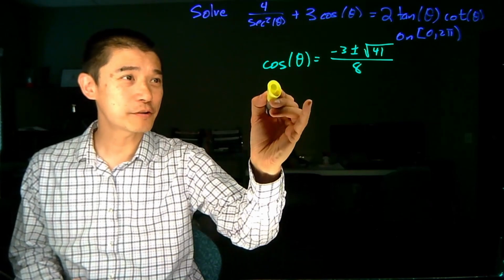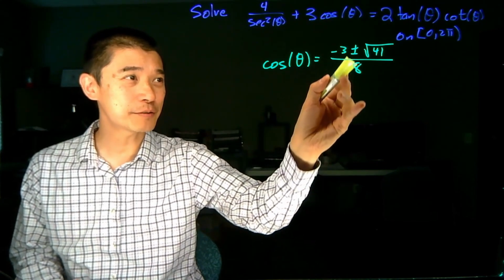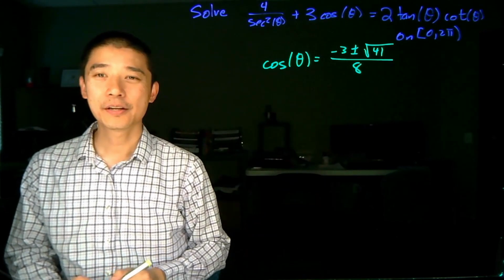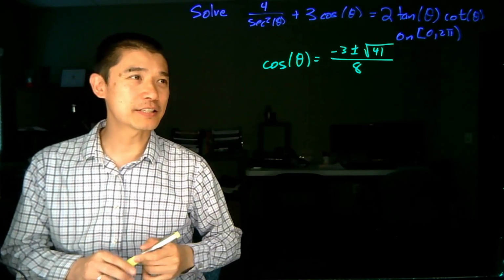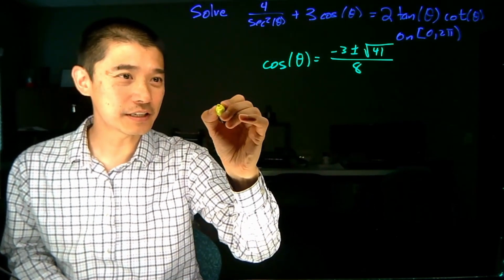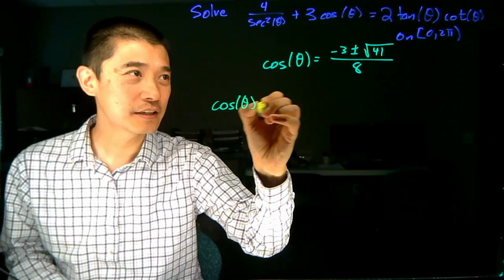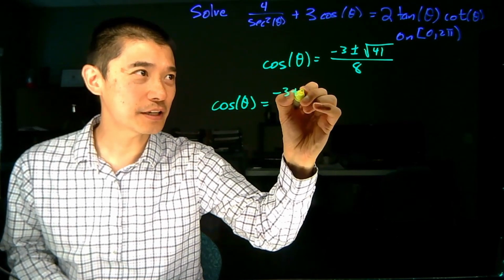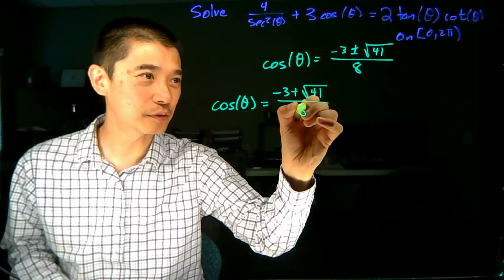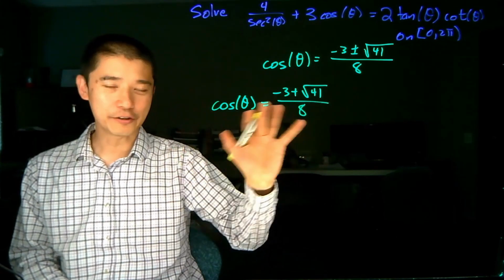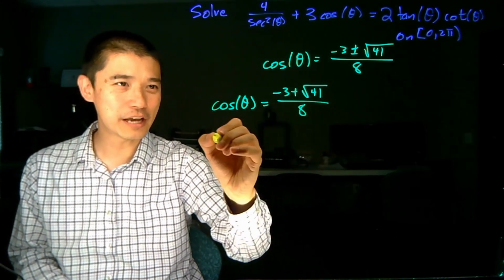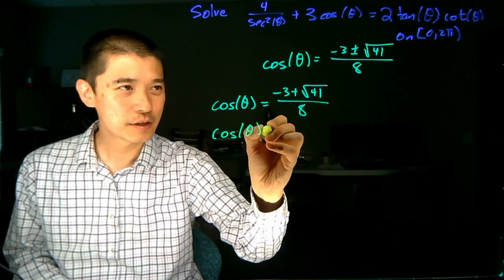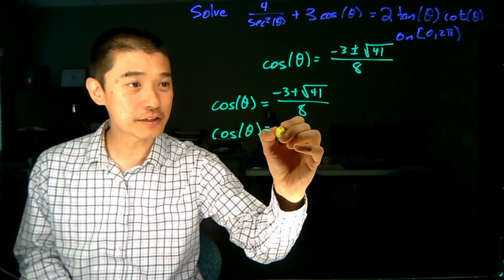So right now we have cosine of theta is equal to negative 3 plus or minus the square root of 41 over 8. And so we have to deal with the plus case and the minus case separately. Let's go ahead and start with the plus case. Cosine of theta is equal to negative 3 plus the square root of 41 over 8. And so this is going to have to go into a calculator because we really don't have much else we can do with it. And so when we plug it into a calculator, you get cosine of theta is equal to